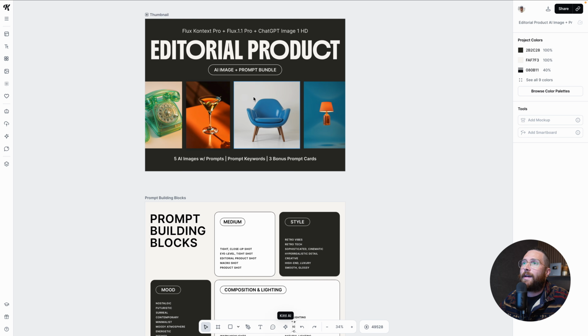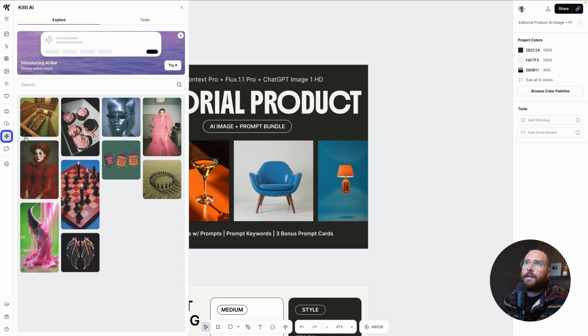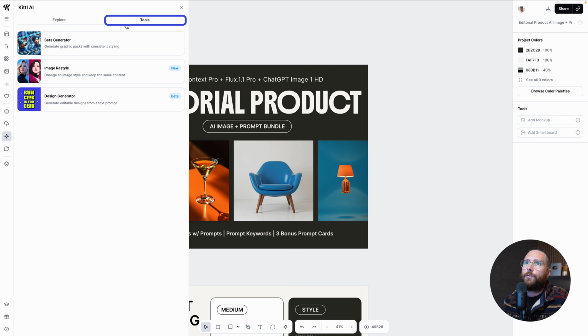This is one I like a lot, and it even tells you which models are being used. So we've got Flux Pro, Flux 1.1, and we're also using ChatGPT Image 1. By the way, if you need to know how to get to these, you can go over to Kittl AI, where you can explore, and if you go to tools, you're going to see the sets generator, the imagery style,